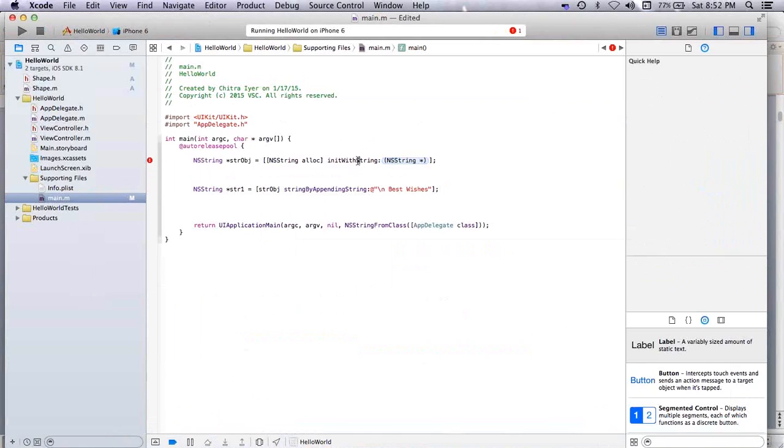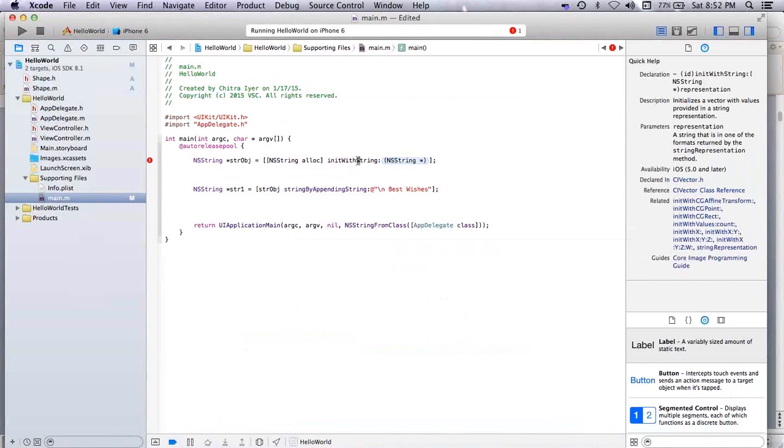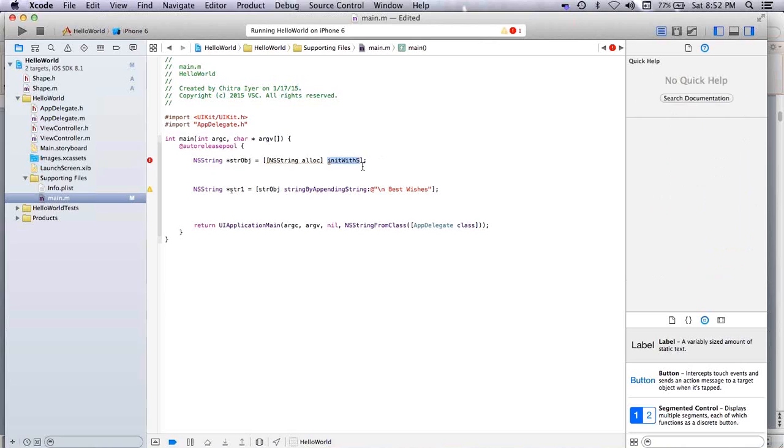So what is this init with string? This is an initializer which you have extended from the basic init initializer. And this init method is an object method, meaning you have to have an object and you can call this method only on that object. And it returns a